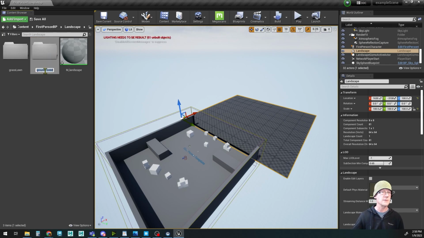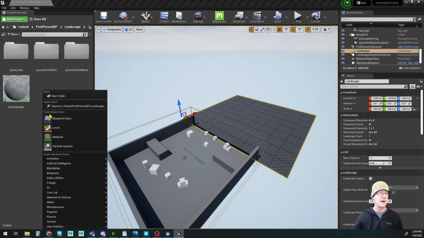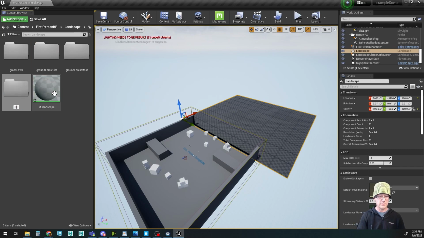So let's change this one here to ground forest moss. And then this one is going to be ground forest dirt, and then rock rough. All right, and within these guys,